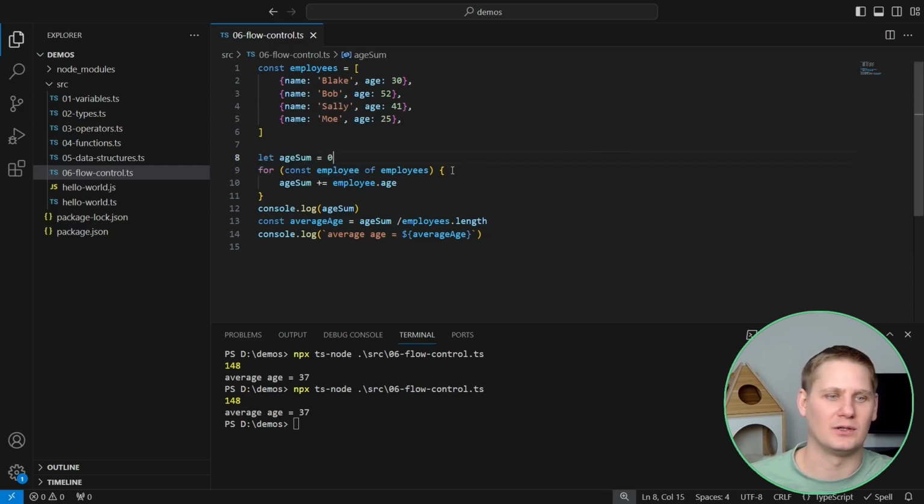Now we enter our for loop, and on the first iteration of our for loop, the employee variable is going to be the first employee. So we take the age sum and we add that employee's age to the result. Then we hit the end of our for loop, and it loops back up and runs this code block again